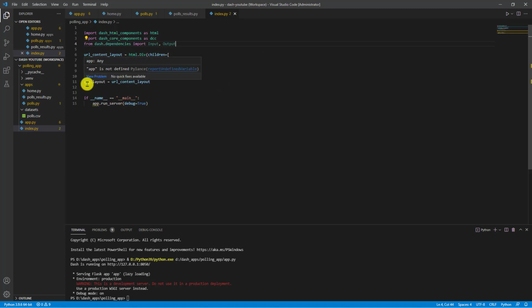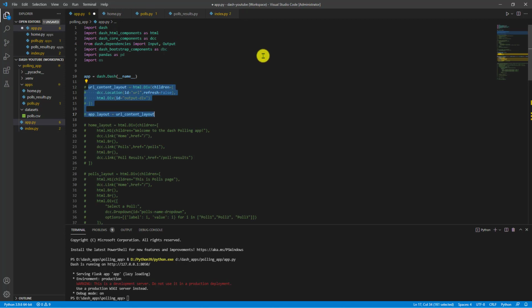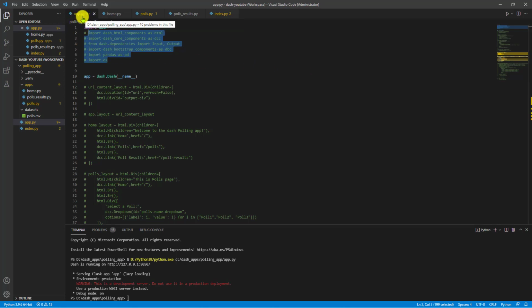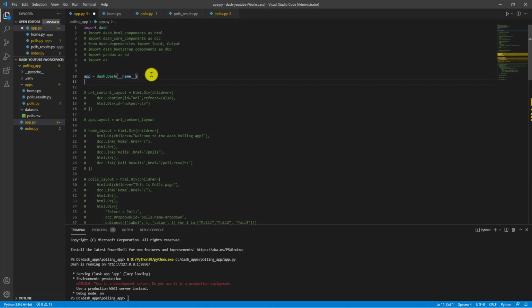So it is still complaining about app. We will see that. So from here, at least we can comment out this code. Now from this page as well, I will comment out the unnecessary imports over here. Okay, so this is also done. So in the app.py, I have only import dash, and then I am just initializing my dash app over here. Even server equals app.server, I can keep. I have defined the server here as well.